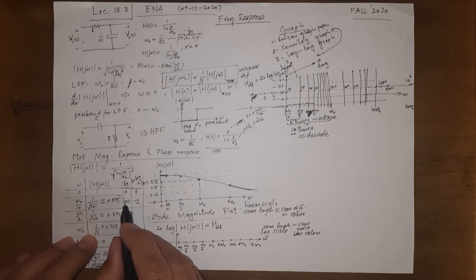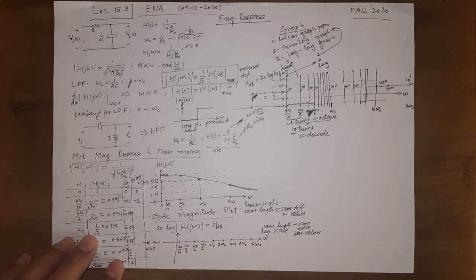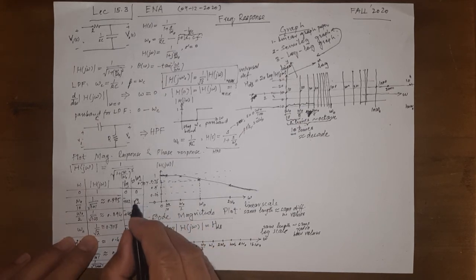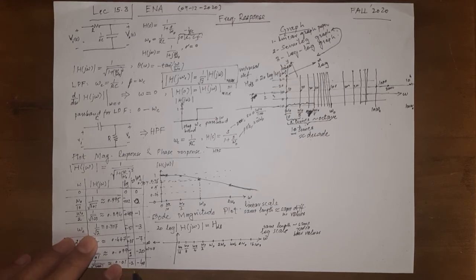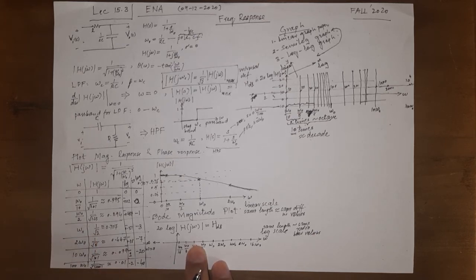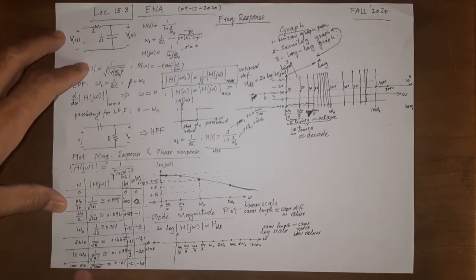no, a multiplication of this with 20 would be something close to 0 actually. Multiplication of this thing with 20 would be something like -1, and this would be -3, and multiplication of this with 20 would be something like -7, and 21 is -20, -40, and -60, and so on, if the increment is of 10 times. We should have actually one row here of 1000 omega naught to see that it will be -3 here and -60 here.